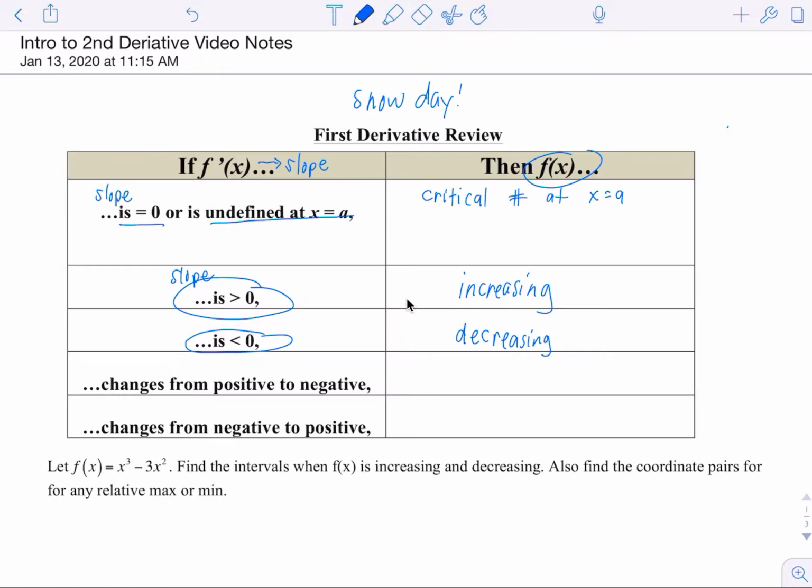If the slope is 0, we know that this is a horizontal tangent. Horizontal tangents on a graph can look like this or like this. Both of these are horizontal tangents, which means that the point at x equals a could potentially be a